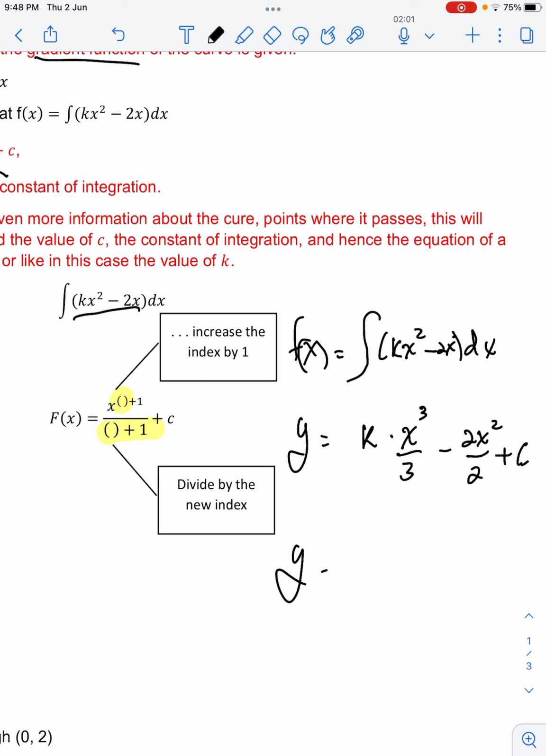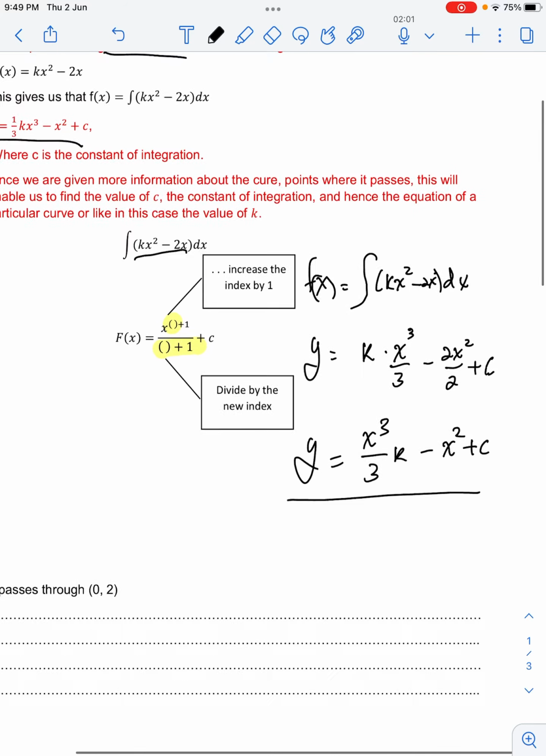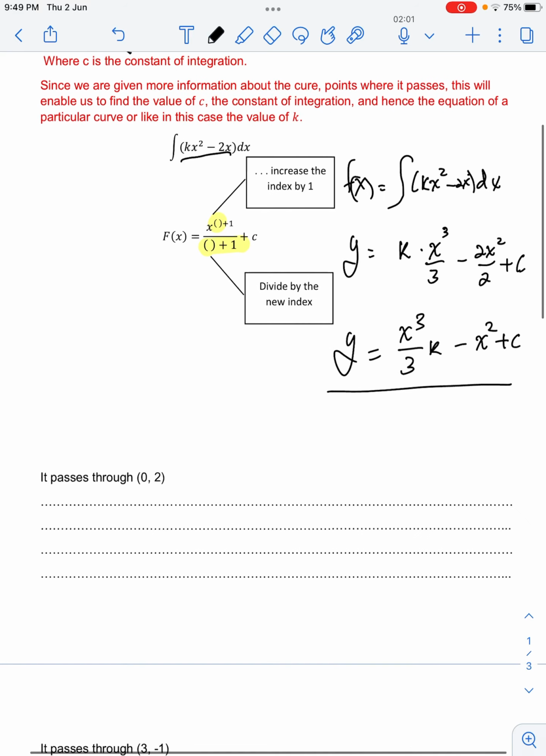So this cleans up to, well, I can have this as x cubed over 3, and maybe I can put my k there, minus x squared plus c. Right, so that is the gradient function now, or that is the curve, but we don't know what the value of c is. So in order for us to find the value of c, we are going to substitute for x and y into this particular